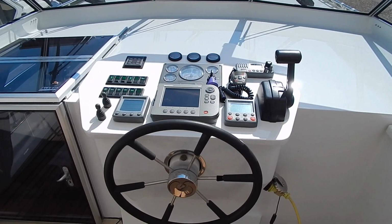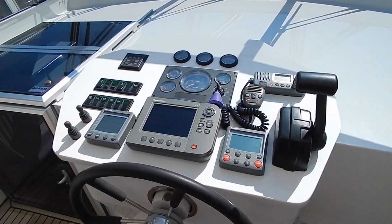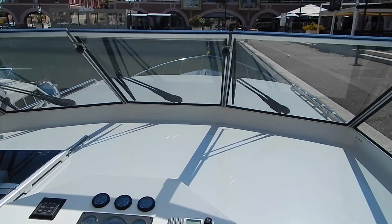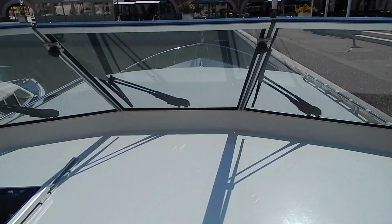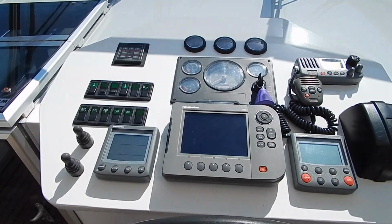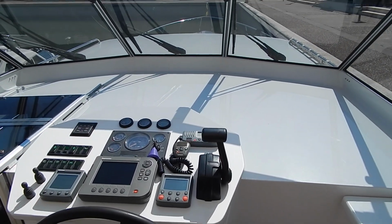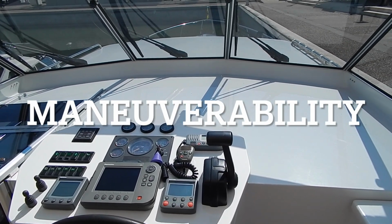Now we're just going to add the helming position here. As you can see, well equipped. There's a list of that equipment on the web page, and your captain dominates from up here. Bow thruster, stern thruster, and this 140 horse Dutch 4-cylinder turbocharged engine. Complete maneuverability, whatever that is in English. Complete